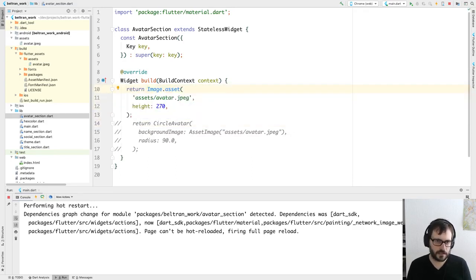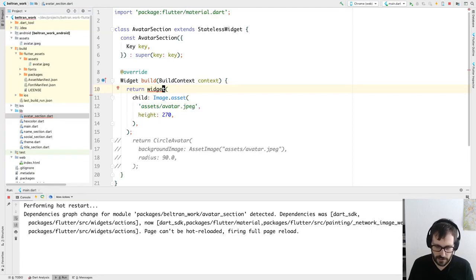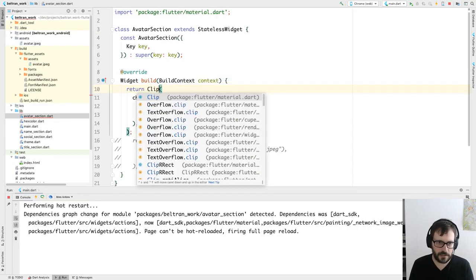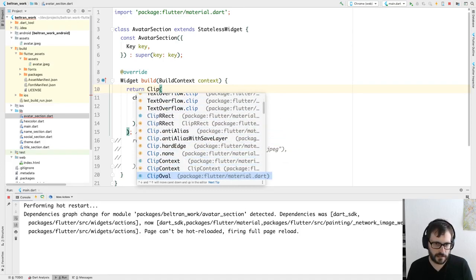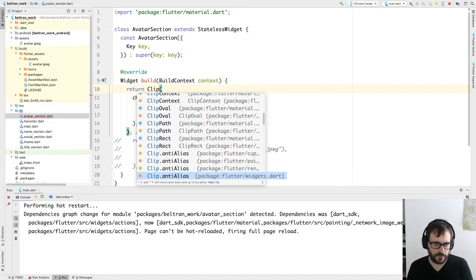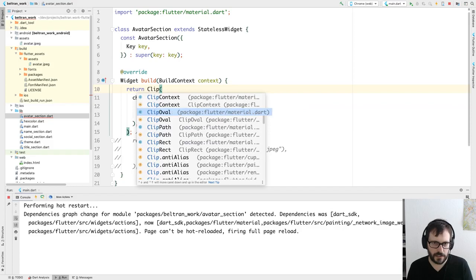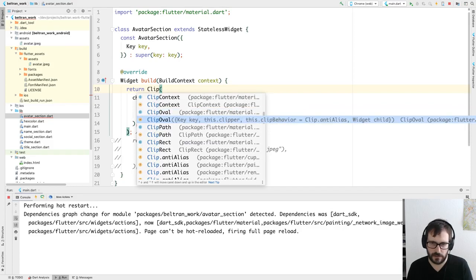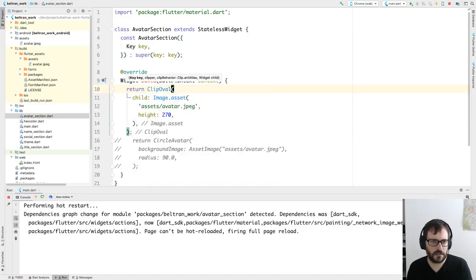And I will use an image asset and I want to wrap this in something that is going to clip, and there is clip rect, clip oval, and I think clip oval is what I will be looking for. So clip oval,